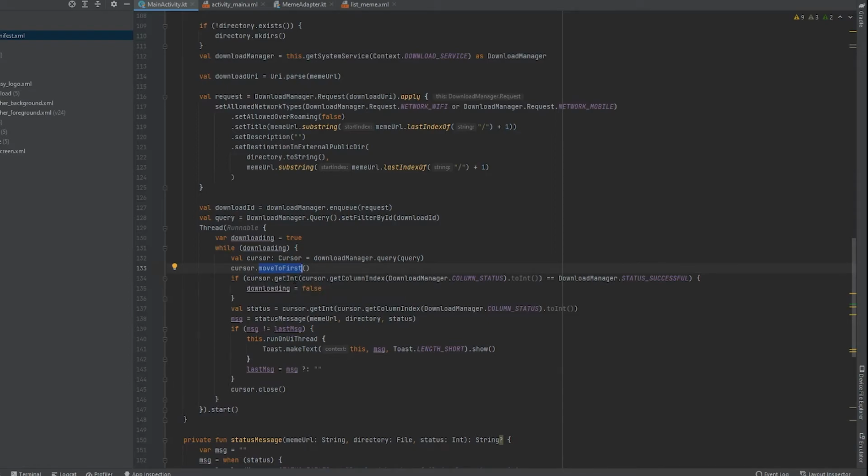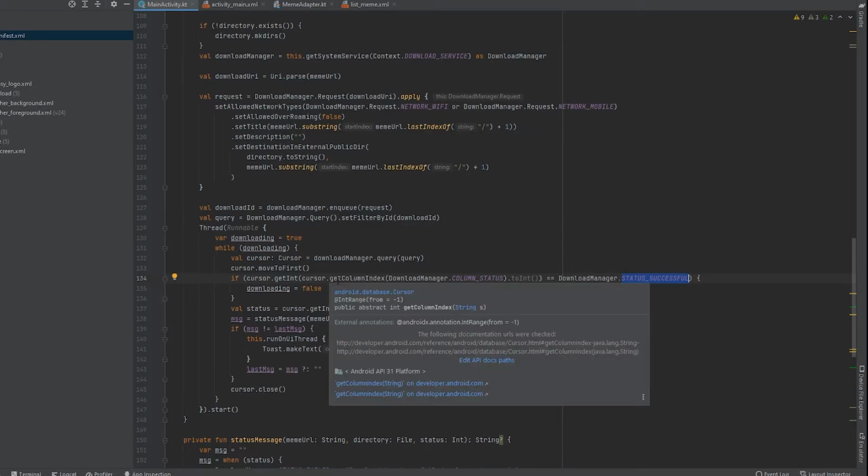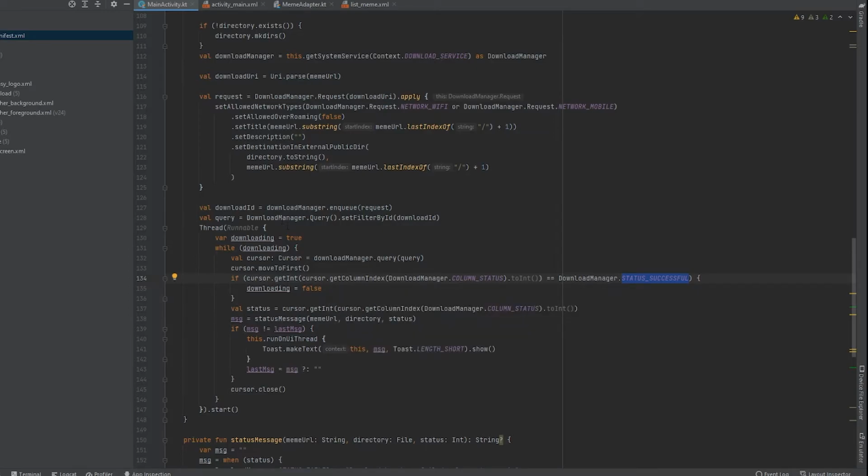cursor.getInt(cursor.getColumnIndex(DownloadManager.COLUMN_STATUS)) is equal to DownloadManager.STATUS_SUCCESSFUL. Here we are checking if the pointed cursor's download manager status is equal to success. If it is success, then we make downloading false so that we stop this loop.